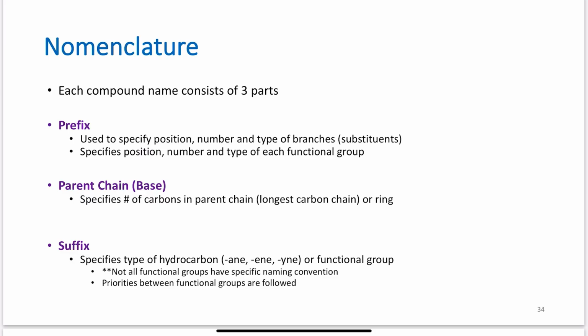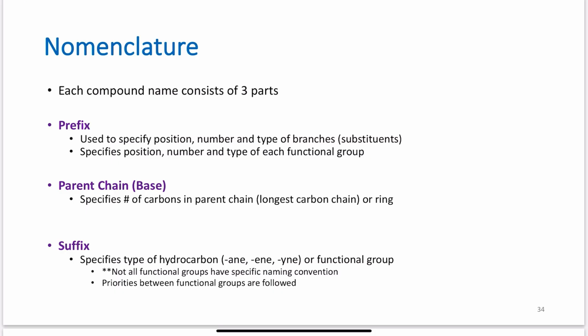The parent chain is your base. It specifies the number of carbons in the parent chain. You pick the longest carbon chain you have, or ring if a ring is involved with it. And the suffix, or the ending, specifies the type of hydrocarbon you have. So ane, ene, or yne for hydrocarbons, or the functional group if we're not dealing with an alkane, alkene, or